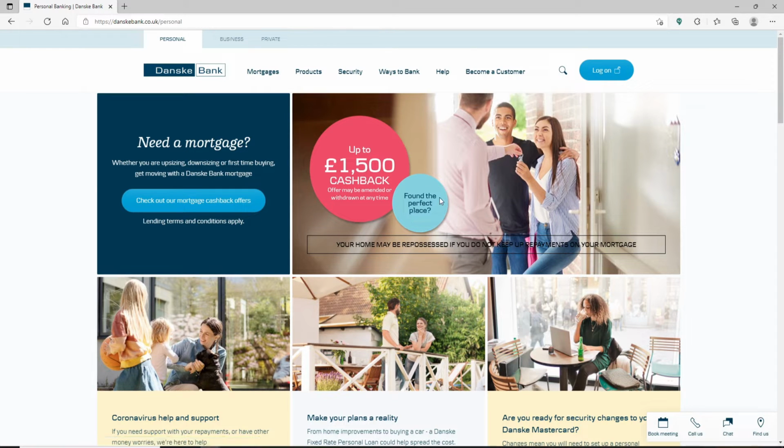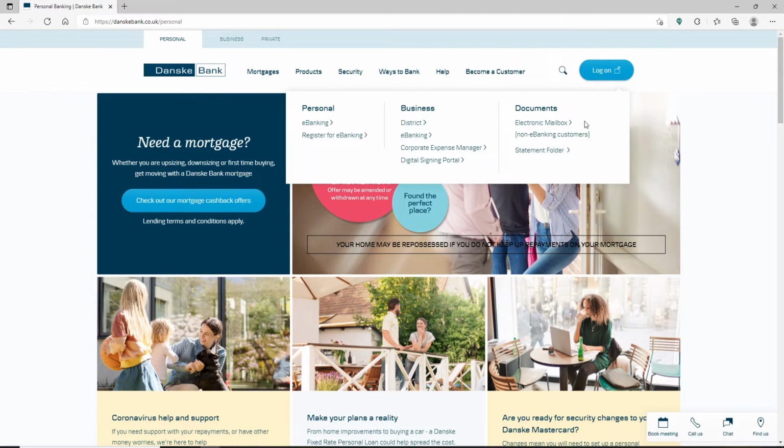From this page, go to the top right hand corner and you'll be able to see a log on button. Give it a click in order to bring up a pop-up. Choose whether you'd like to log into your personal account or your business account. In my case, I'll be choosing the personal tab. Go ahead and select any one of your choice and click on the e-banking option in order to end up